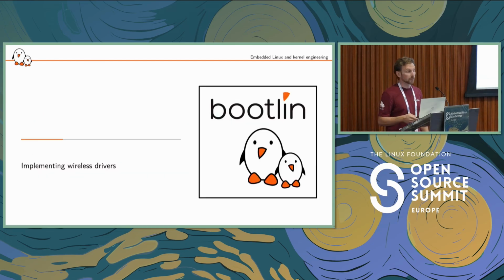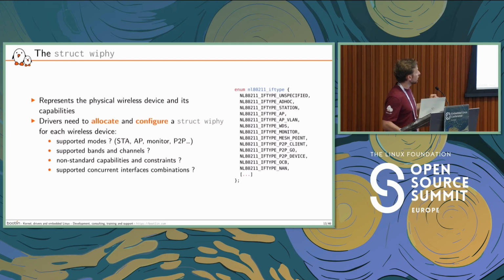Now, let's take a look at some actual implementation details. We will see how to write a small driver skeleton. The first thing we have to know is the main data structure that we are going to manipulate. This is the struct wiphy. As the name suggests, this is really about describing the hardware and more specifically my hardware capabilities. Whenever I write a driver, either directly or indirectly, depending on SoftMAC or FullMAC driver, I will have to allocate this structure and fill in all the details about what my hardware is able to do.